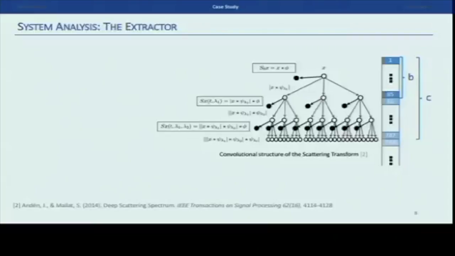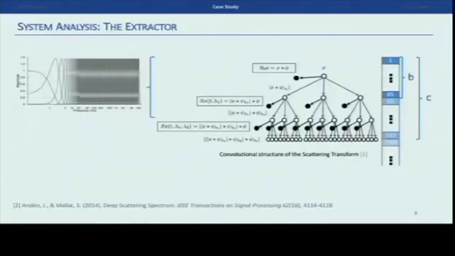We went inside the code and we checked how those wavelet transforms were actually computed. And what we saw was that they were simply filter banks. Each of those dimensions here corresponded to the output of one of those filters. And interestingly, in the first layer, out of 85, 12 have center frequencies below 20 Hertz.